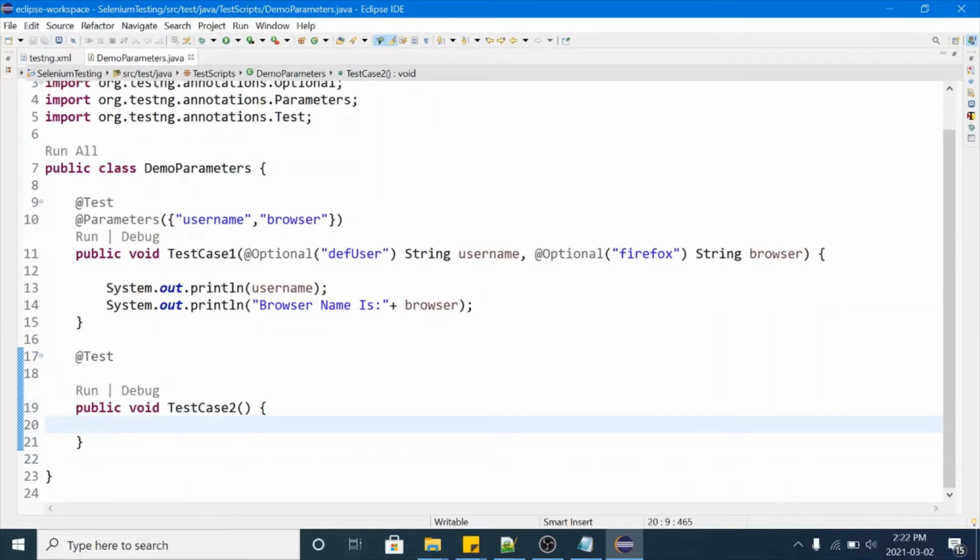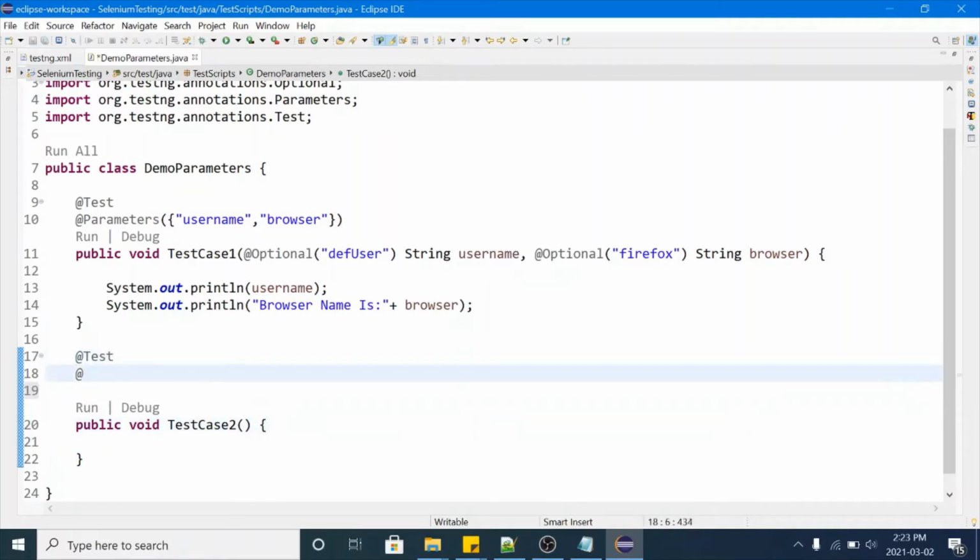Instead of passing both variables, let's suppose I just want to pass the browser input to this test script. In test case 2 I don't require username, I just require browser. So in this case we can pass only the browser variable.